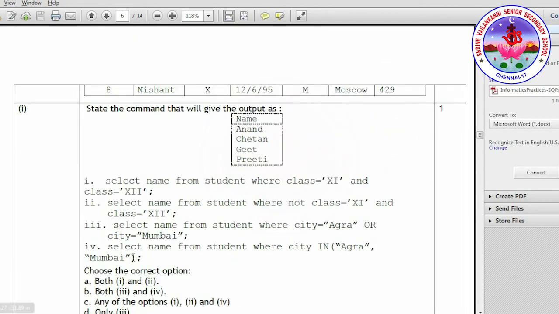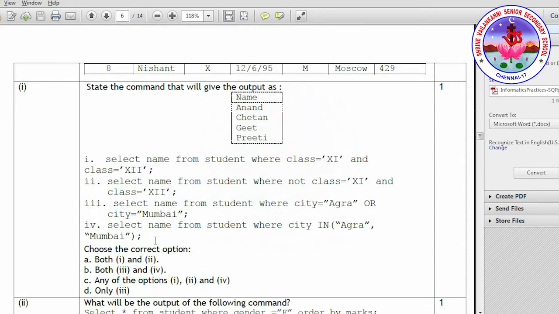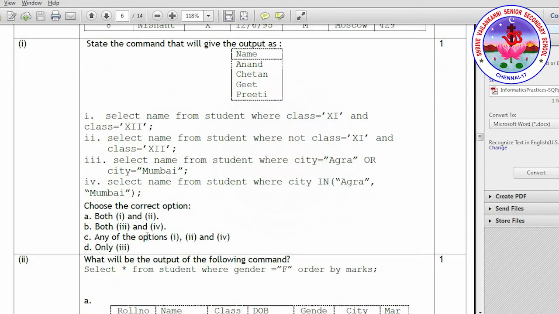And then select name from student where city in Agra, Mumbai. So this is the IN clause. We can use it for a list of conditions, to check the condition in the list. So this is also the right answer. City in Agra or Mumbai. So the right answer is option 3 and 4, that is option B.